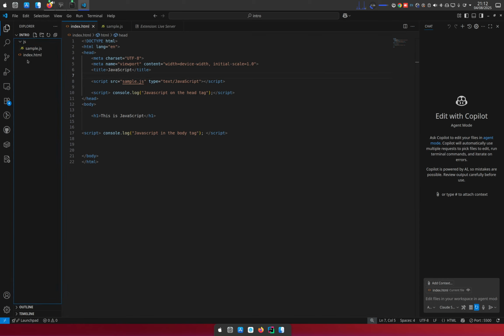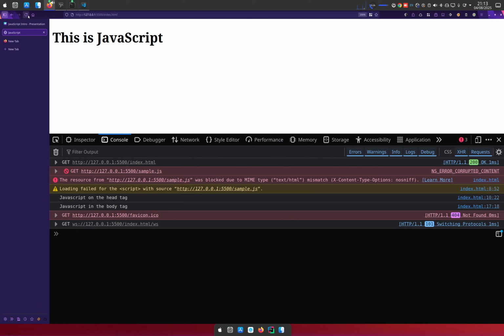Now, at this point, this script won't know where to find this file. So if we go back and refresh, it should give us some 404 error, telling us it's not able to find that file. You can see it's not able to find this sample.js, so it brings some error over here, and it gives us the specific error.